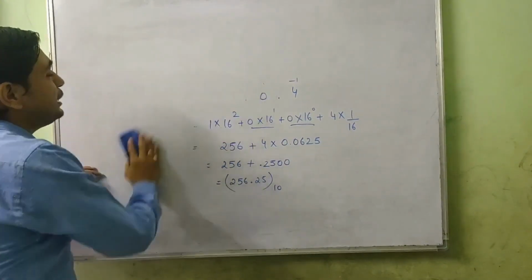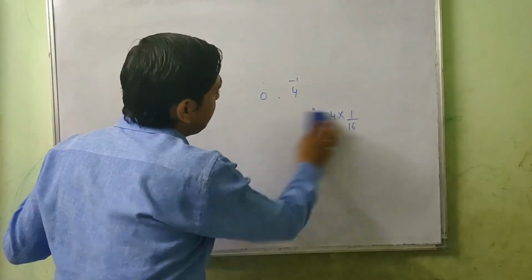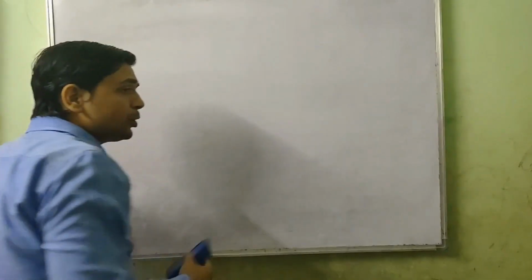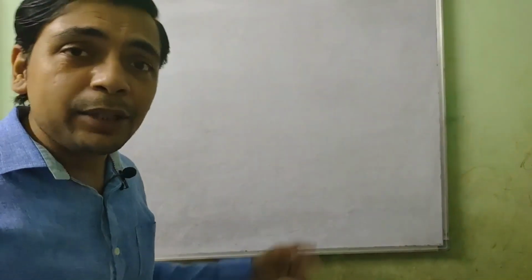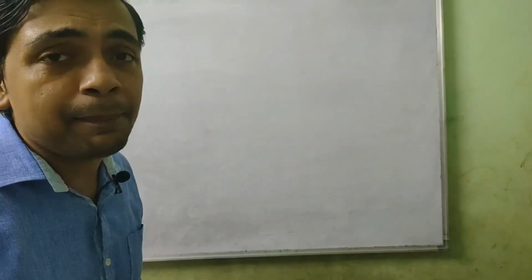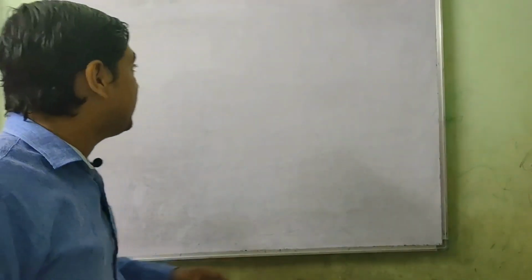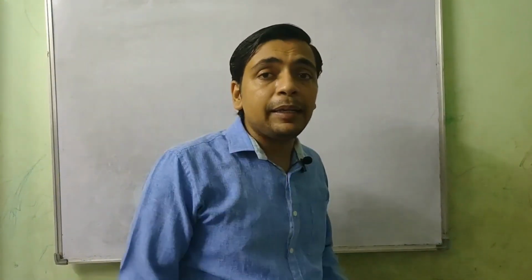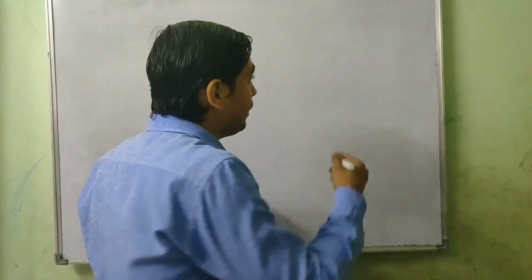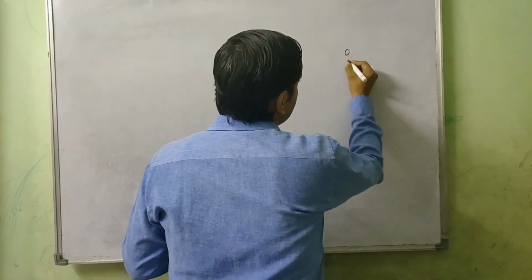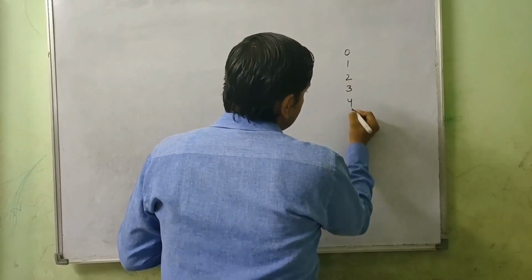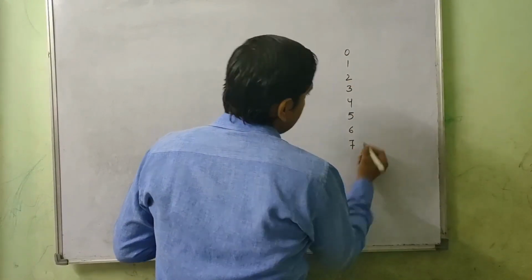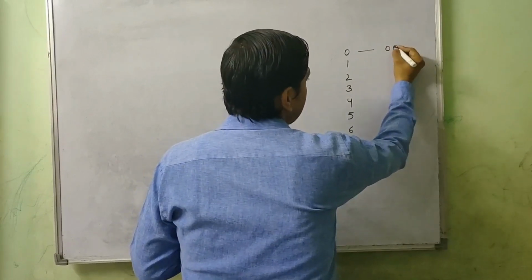Now this is one of the easiest ways to do that. In fact, I like it so much that even if I want to convert octal to hexadecimal, I used to convert octal to binary and then binary to hexadecimal. So it's very easy, but you have to remember the corresponding binary for each octal digit. For example, let's note down the octal digits. So we are having 8 octal digits, 0 to 7. Let's note down their corresponding binary.